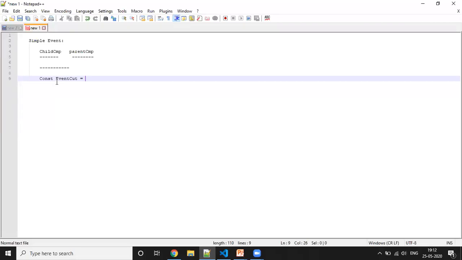This is a constant variable, and then new CustomEvent, and then we can give an event name here. For now I'm just giving eventexamplechild.